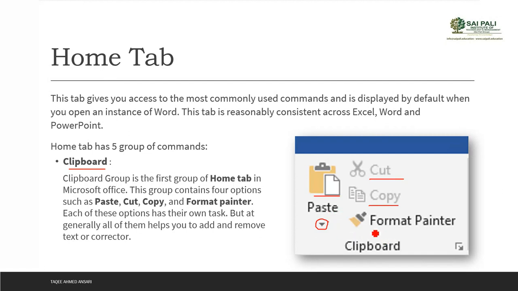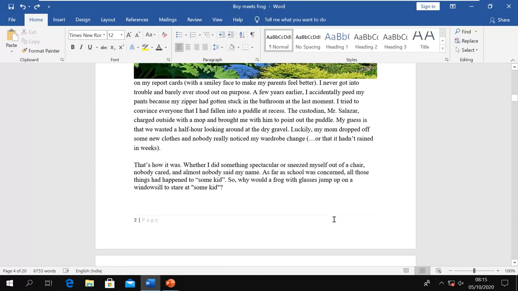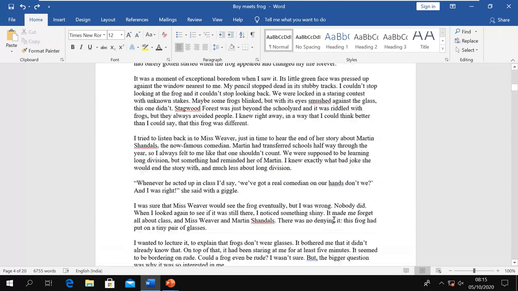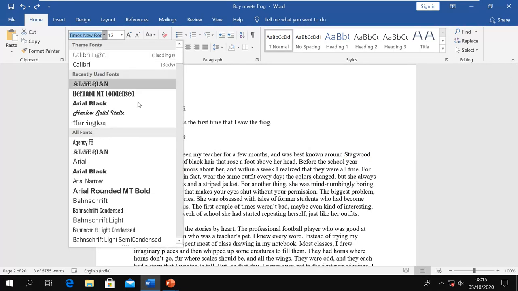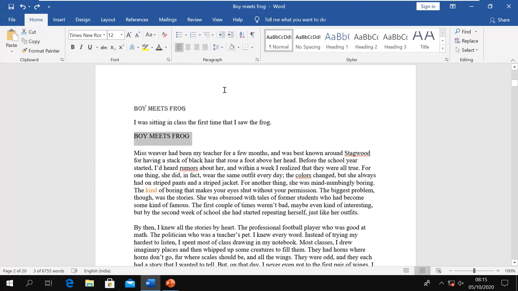Now the next thing is the format painter. Format painter helps us to copy the format of any text. For example, if I have this text, and now I want to make this line also the same format as this, I have to look for the same format. When I select this, I know what type of text it is, what the size is. Now I have to select this one and then go through this to find out the exact match. Sometimes that is very difficult.